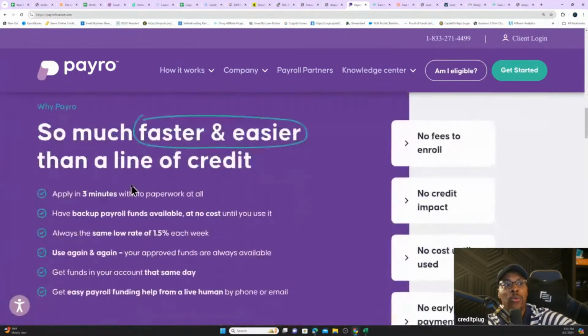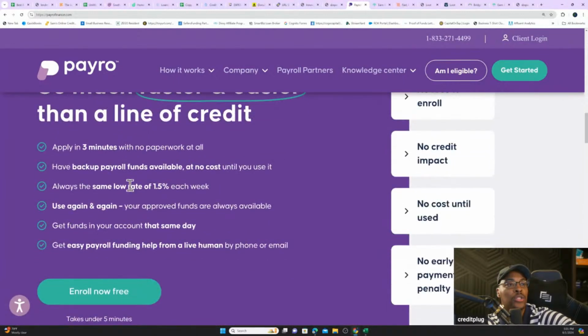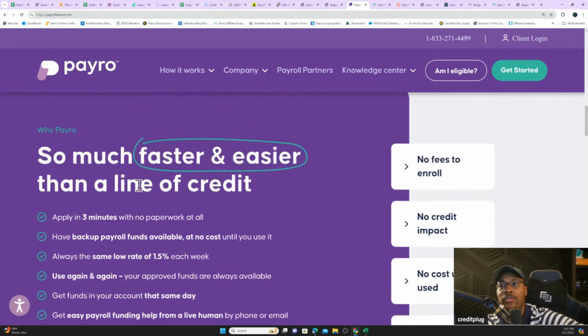And pretty much, this is a dedicated line of credit for payroll. So you can't use it for any other purpose. It's just exclusively designed for payroll. So let's say you have a payroll where you might have a short-term funding gap. You can use your line of credit to fund your payroll. And this is a game changer because with this, you could pretty much fund your own payroll. And let's say you have something like an ADP or a Gusto. What you would do is you would just